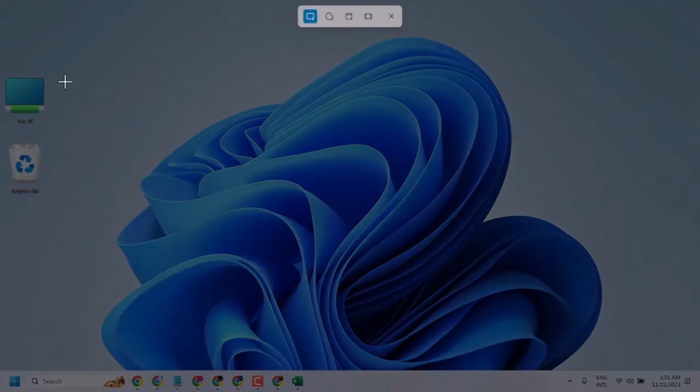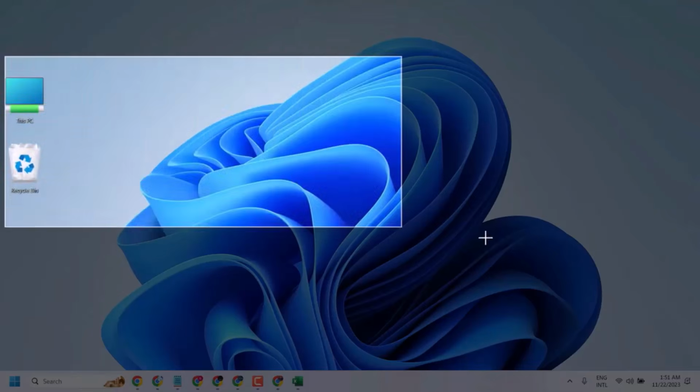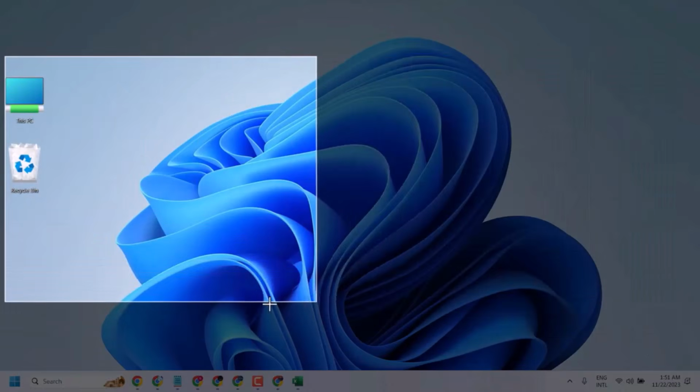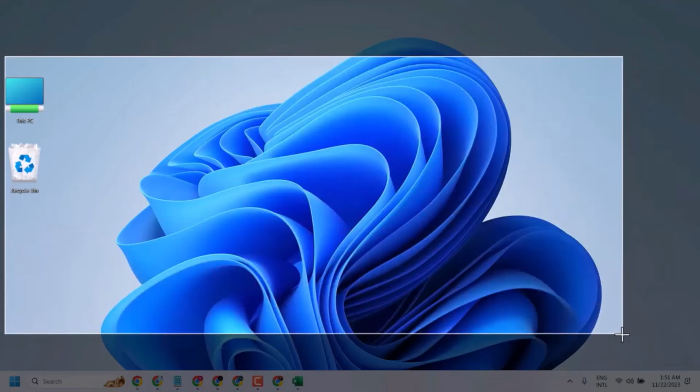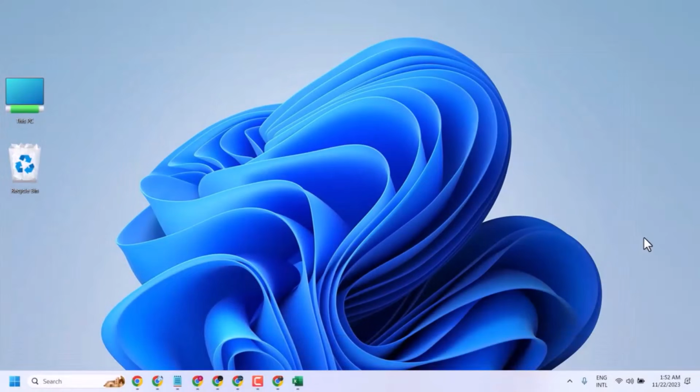Now here you can take the screenshot as you need. This is the first way. It will automatically crop your image, and still if you need to crop,